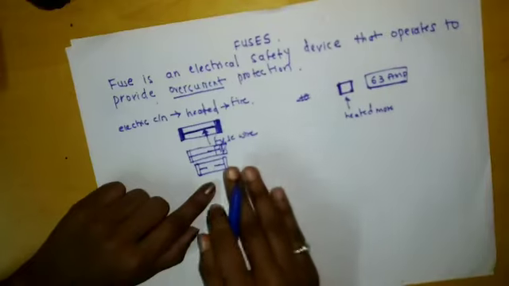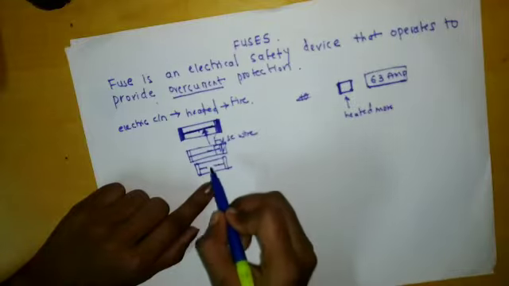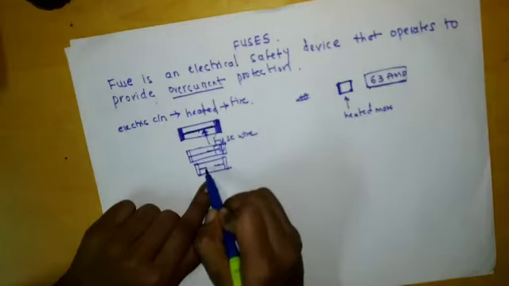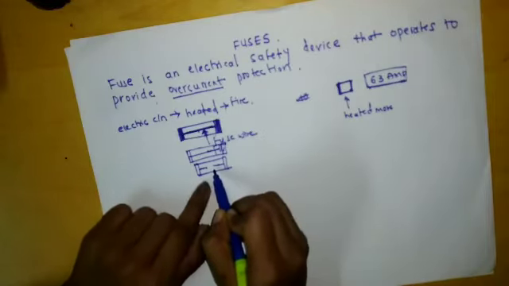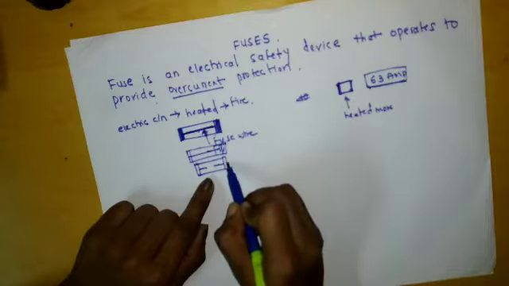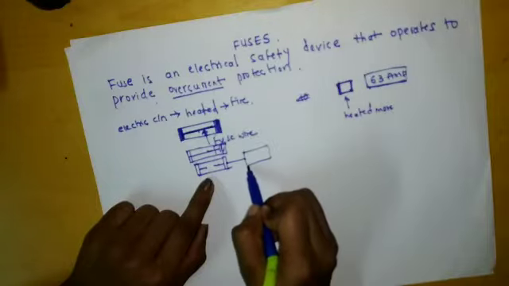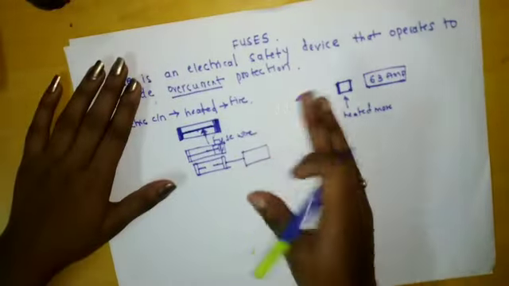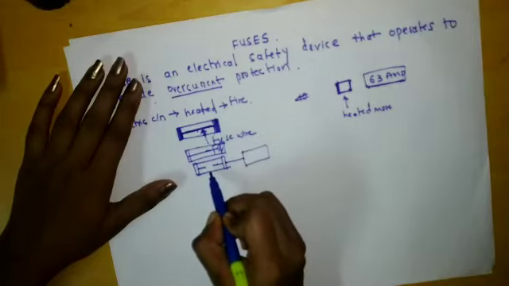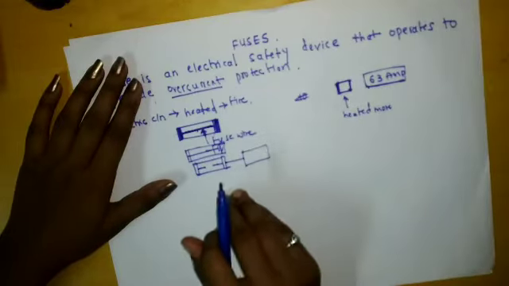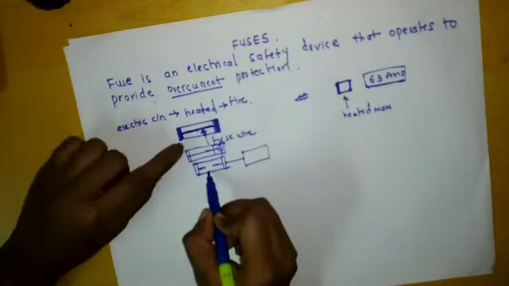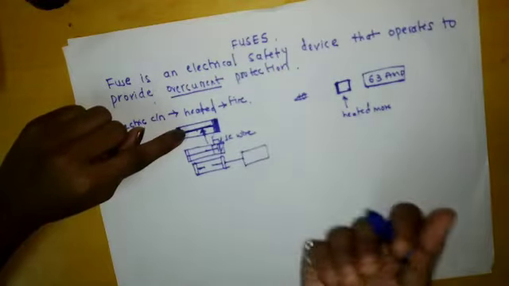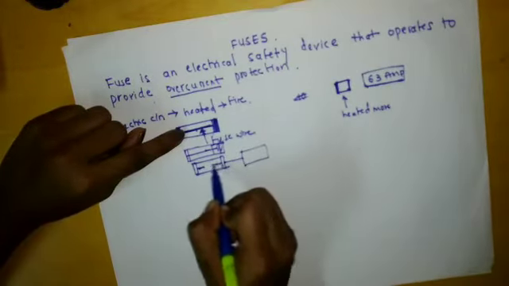So whenever the overcurrent flows, this fuse wire will melt. So this will get melted and then it will not complete the circuit. So due to this gap, due to this melting, our overcurrent will not flow forward to our appliance, okay. So it has one disadvantage. Once this fuse wire melts, it cannot reform itself. That means it will not come to its normal position until and unless we manually reconnect it.